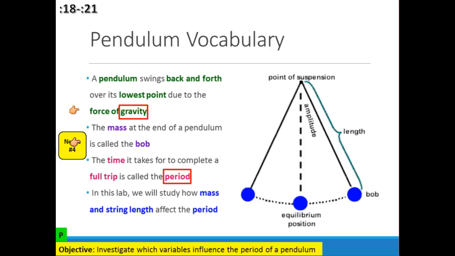And so your notes number 4 is gravity, because again, we know that gravity is pulling it down. So fill in the blank there, number 4, gravity, and give a green check mark once you've completed that. If you were to make your own pendulum right now, you could do that. You just need to hold on to something at your point of suspension, have a string or a chain or whatever, and then have some kind of a bob that has mass, and you could just swing it back and forth. You can do that after class, and you can practice this yourself.